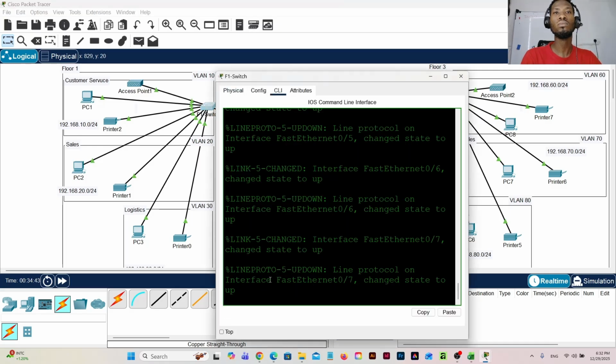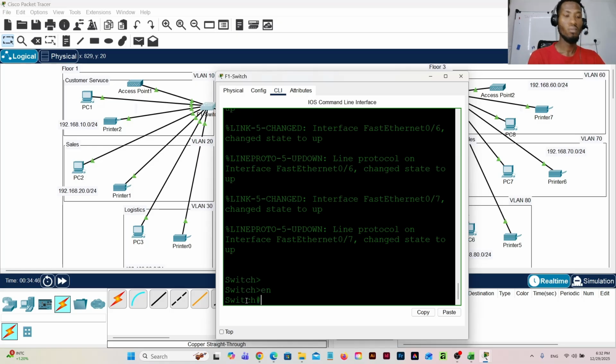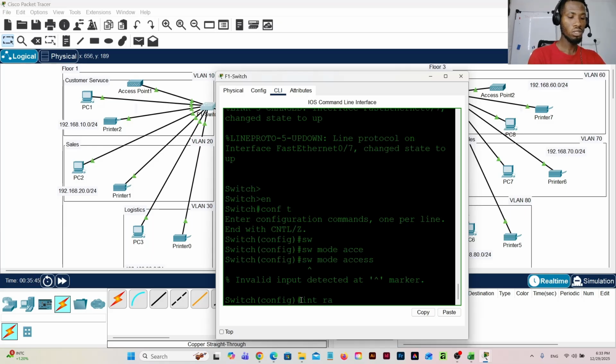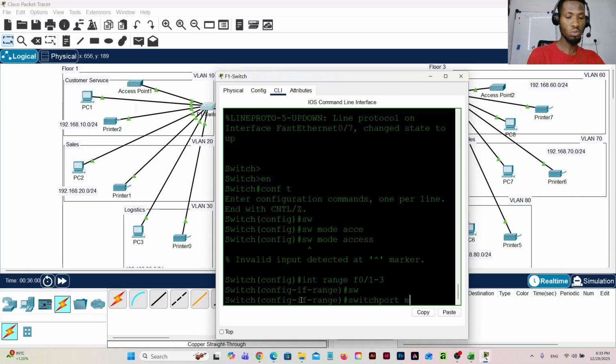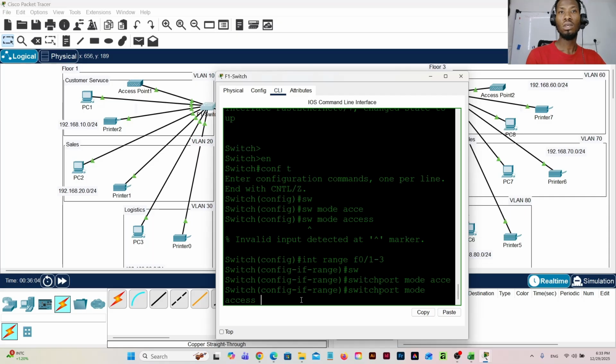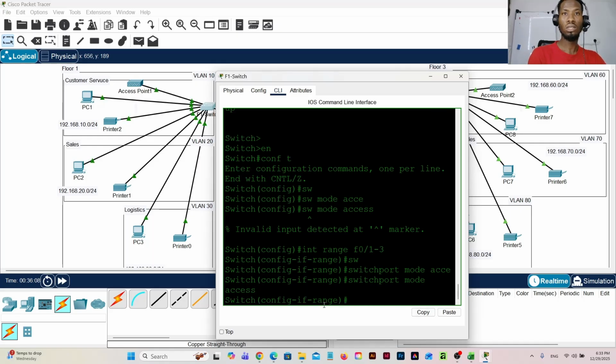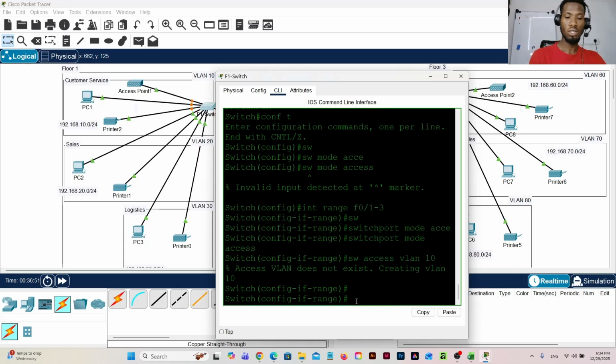Interface range F0/1 to 3. Switchport mode access, switchport access VLAN 10, and then